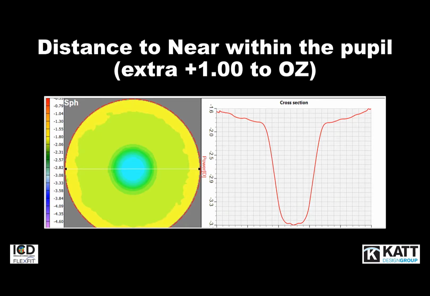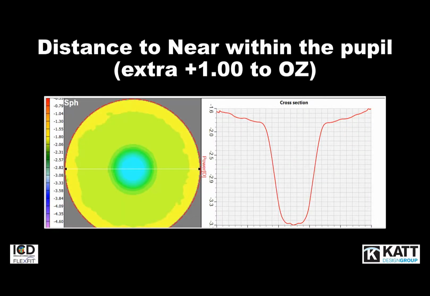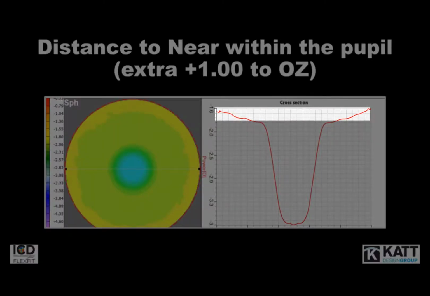The ICD FlexFit Multifocal lens was constructed to avoid ramping up the aberrations to a degree that might affect the quality of vision. The way the lens is built, it's constructed to provide the distance required, the add power at the pupil, but no more than an additional 1 diopter of plus as you head toward the optic zone of